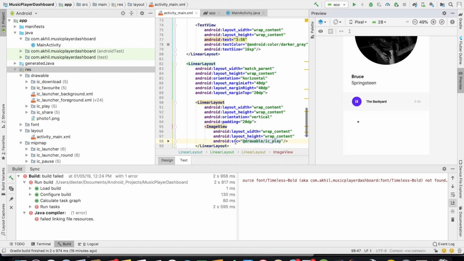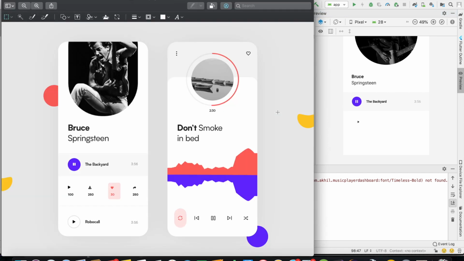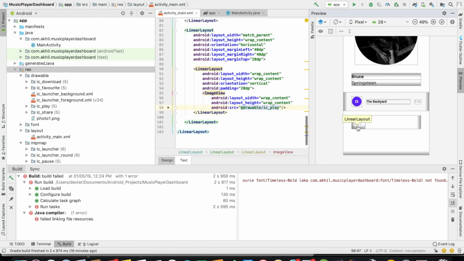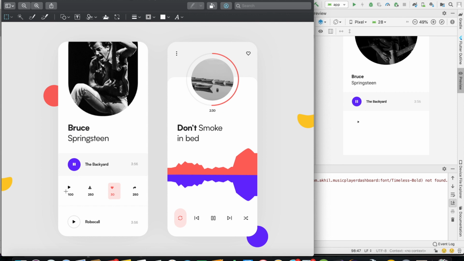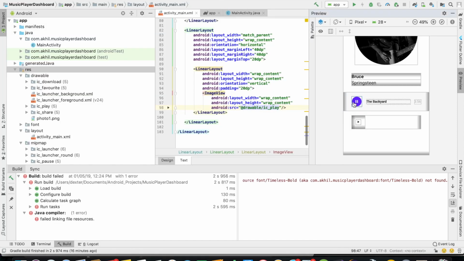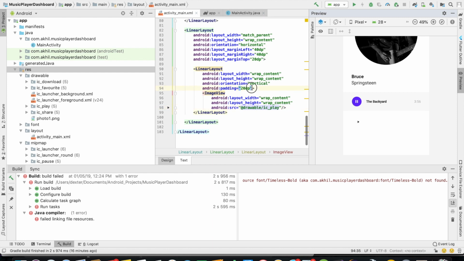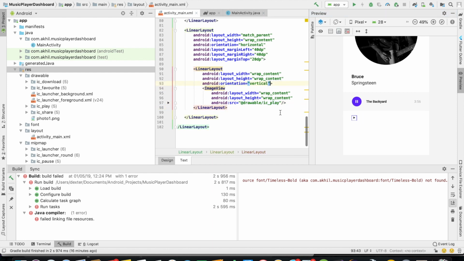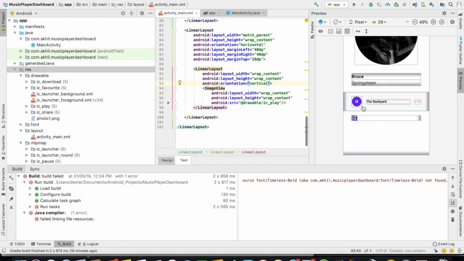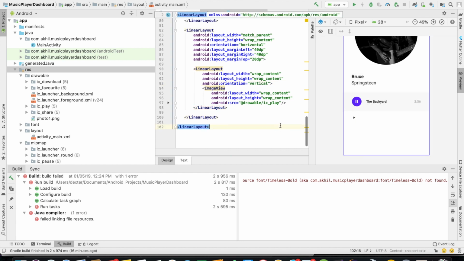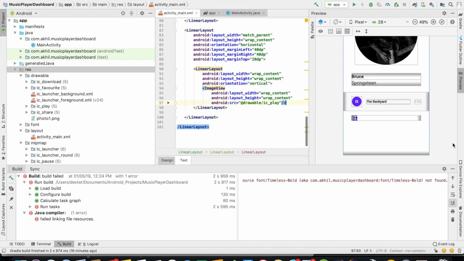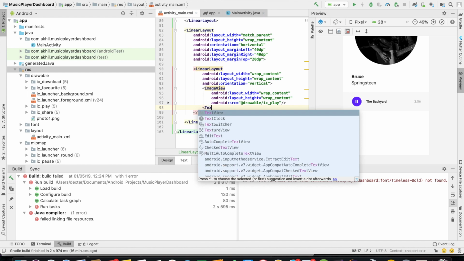Okay, it looks good, but the padding is creating a problem because it should be left aligned to the pause button. So I'll take out the padding. Now it says left aligned to this one. Right, and I'll add the text view